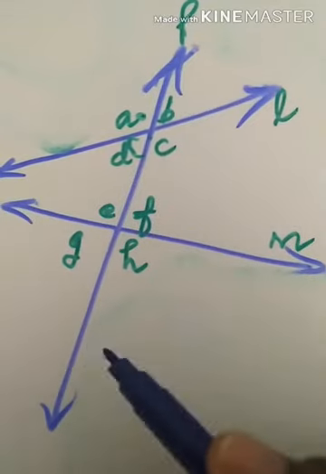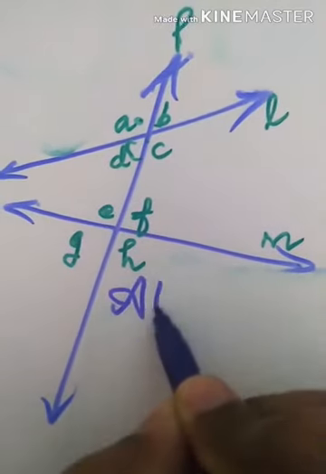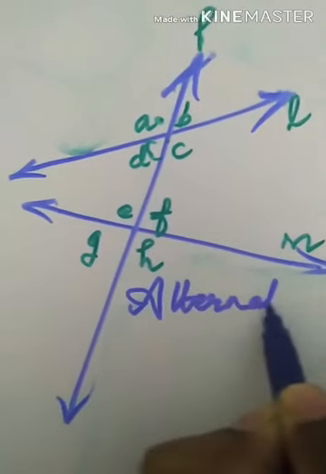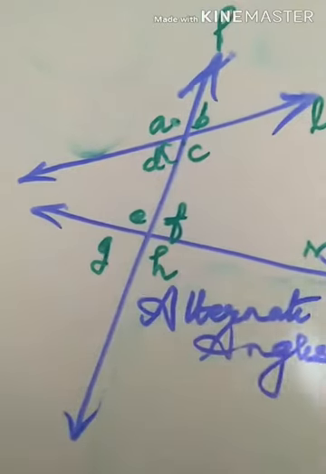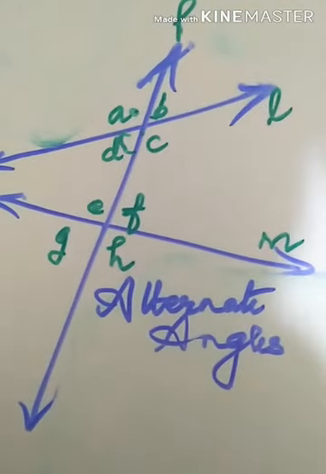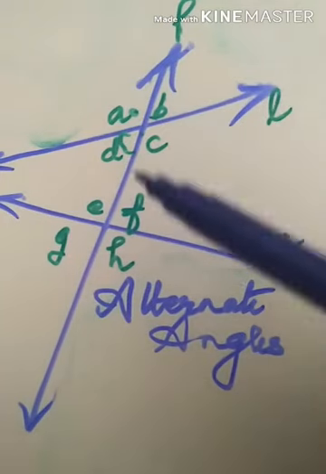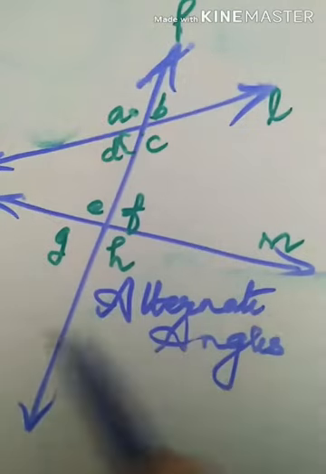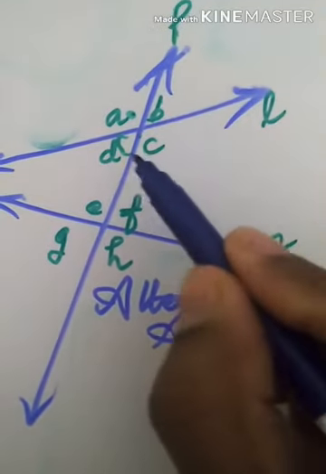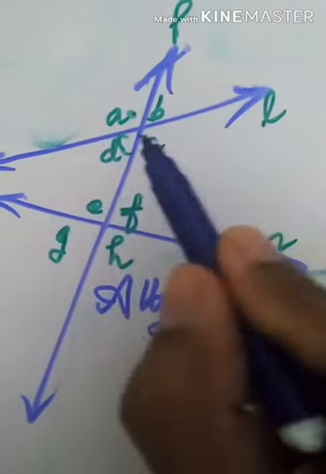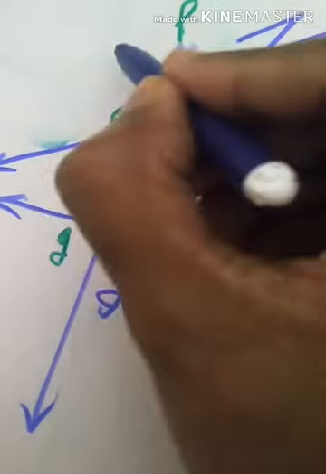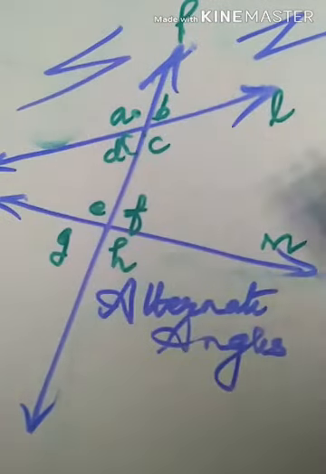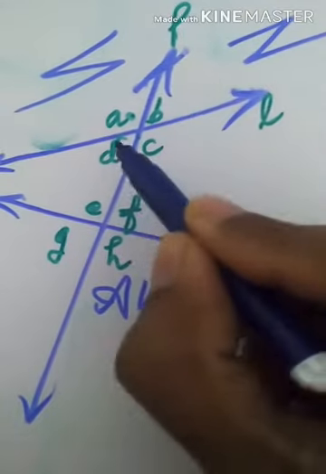After corresponding angles, next let us talk about alternate angles. Alternate angles are of two types: interior alternate angles and exterior alternate angles. Interior alternate angles lie on the inside of the given lines. That is inside, so they are a little bit closed type. They make a Z shape, this way or this way. So you can see a Z shape here. That is angle D.